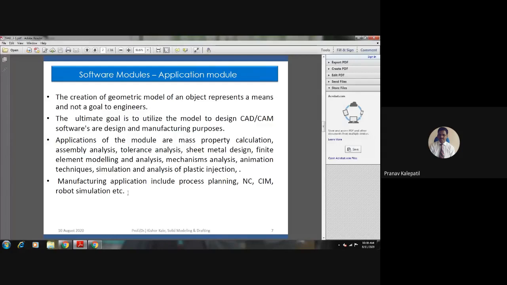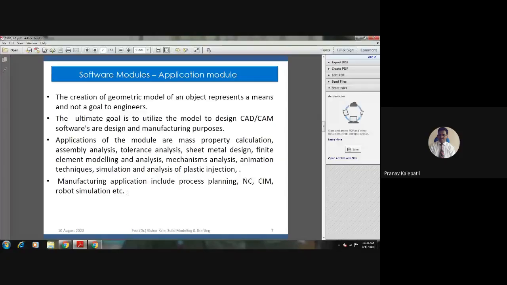So indirectly we are fixing its mass. So what will be its weight? That can be known from the model. Second, what will be its CG? Where would its CG be? What will be its inertia? Everything related to mass can be calculated once you create a model.